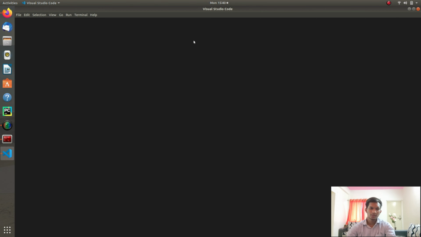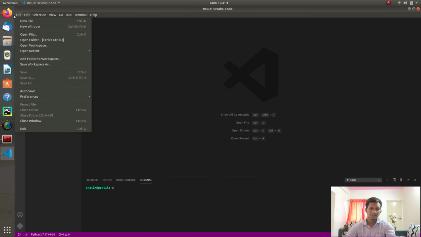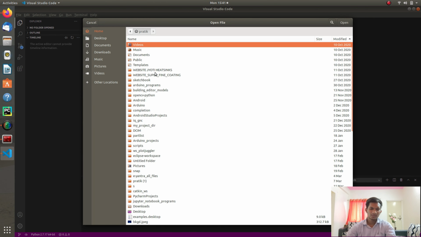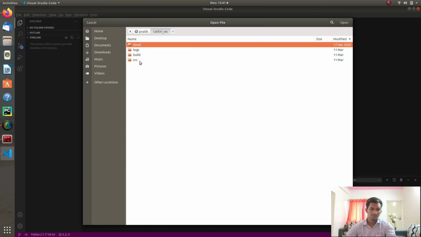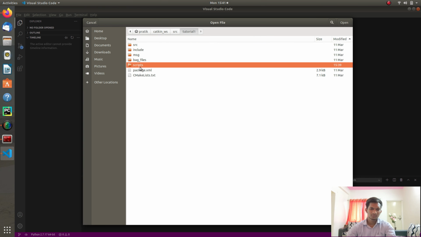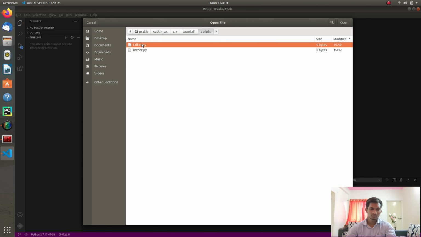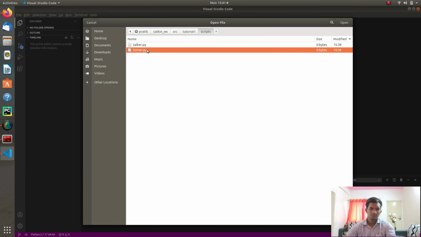So I'll go into the file, I'll open the folder of our scripts, listener. Just go into the Catkin workspace, after that src, then tutorial 1, then scripts, and I'll open these two files. Just open it. So you can see that there is nothing in that.